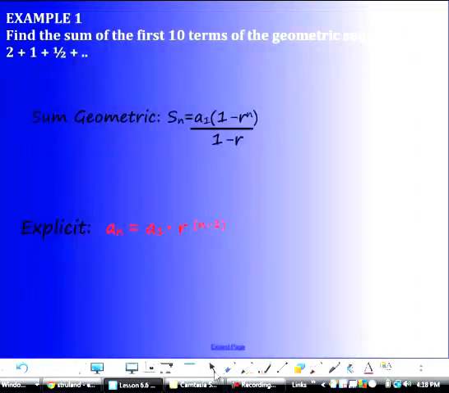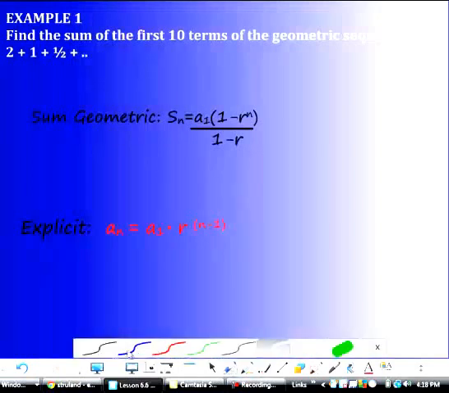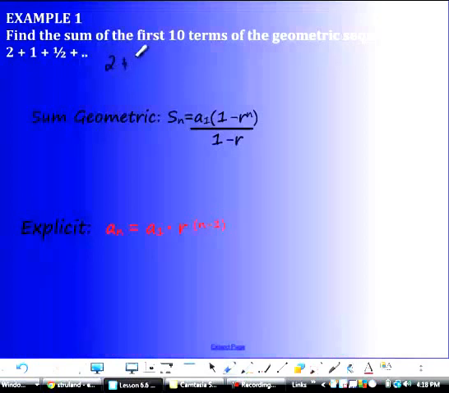Okay, let's get right into the examples. Example 1, they want me to find the first 10 terms and then add them up. I could do the old-fashioned way. I could say 2 plus 1 plus a half. Let me find out what they are getting multiplied by. What did I multiply 2 by to get to 1? A half. What did I multiply 1 by to get to a half? A half. So if I kept doing that out, kept multiplying everybody by a half,